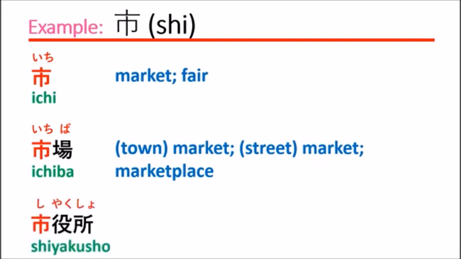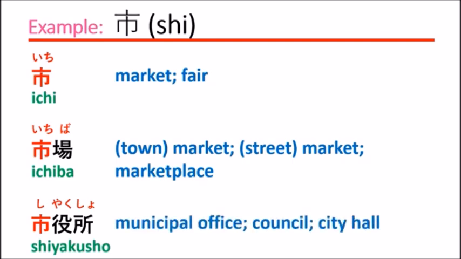The next, shiyakusho. Shiyakusho means municipal office or council or city hall. Municipal office, council or city hall. But actually when you say